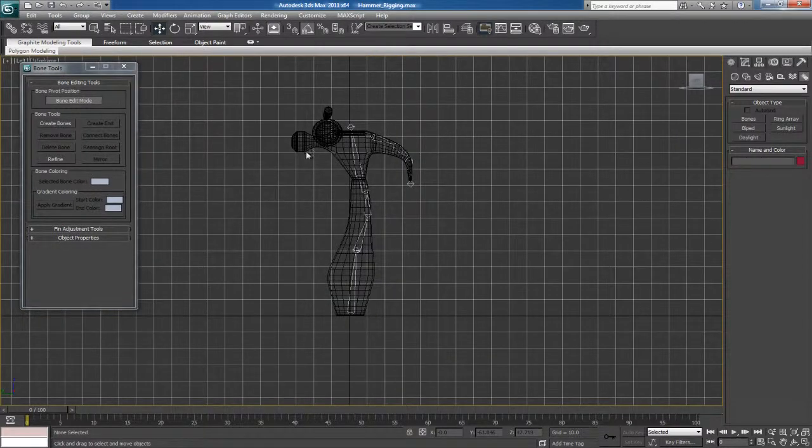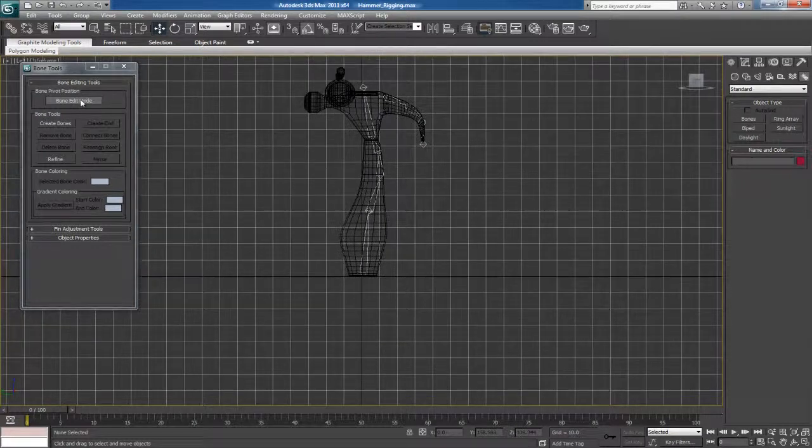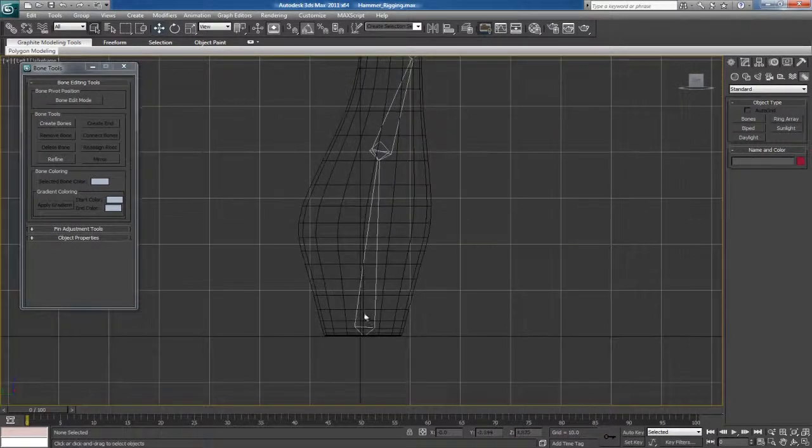Alright, so now we have all the bones that we're going to need for this system, but what we need to do now is start naming everything. This can be a bit of a tedious process, but it needs to be done and often is overlooked. So this will be bone underscore squash base